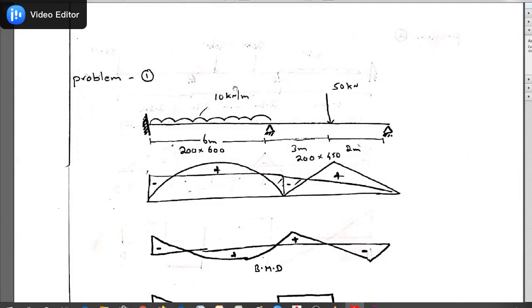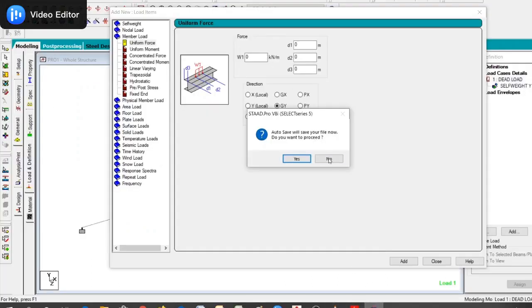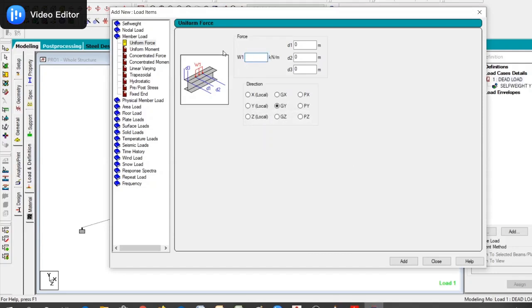So the intensity is 10 kilonewtons. So here you need to write minus 10 kilonewton. And D1, D2, D3 for UDL, you need to just leave it as it is, 0, 0, 0. If it is 0, 0, 0, it will apply on the entire length of the beam.